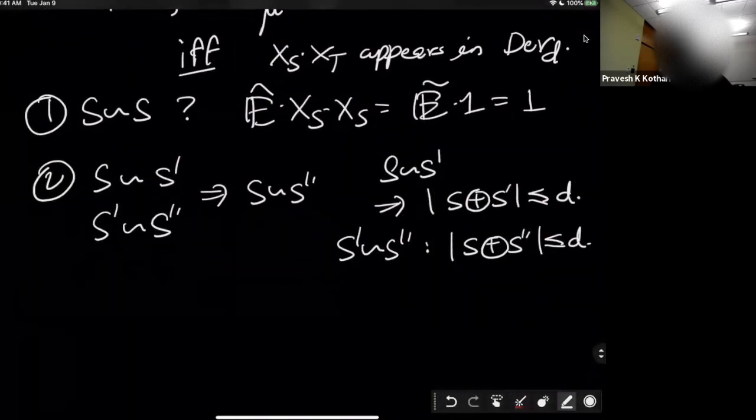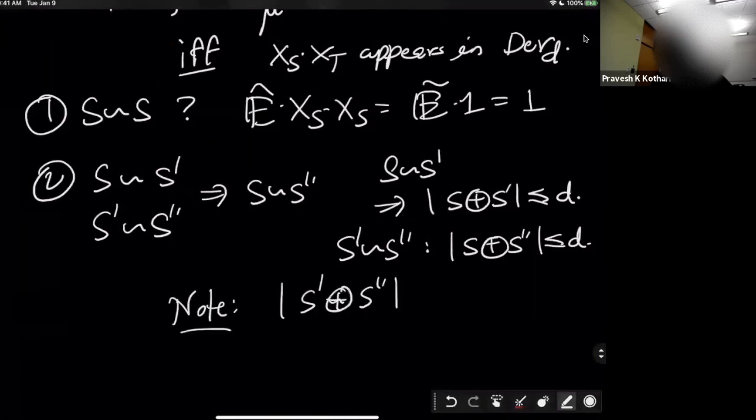So it definitely holds that the symmetric difference of S prime and S double prime is a set of size at most D. So in my procedure, if XS and XS prime got a value, then XS times XS prime got a value. Similarly, if XS prime and XS double prime got a value, then in fact,